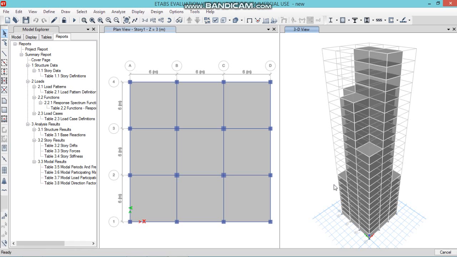Wait for ETABS to analyze. So as you can see, analysis is completed. Wait for ETABS to respond.